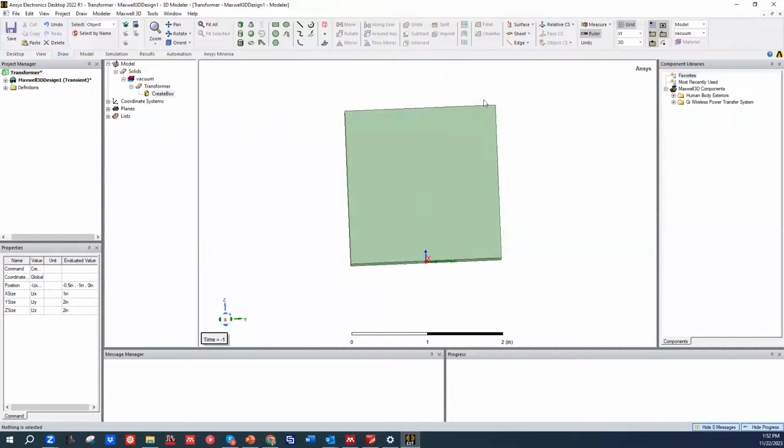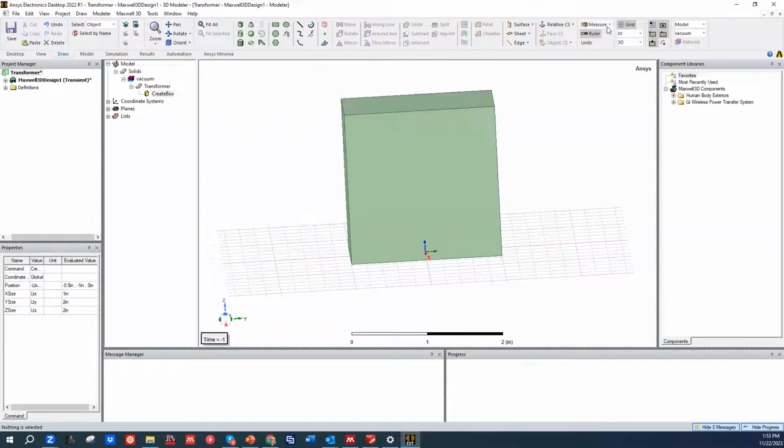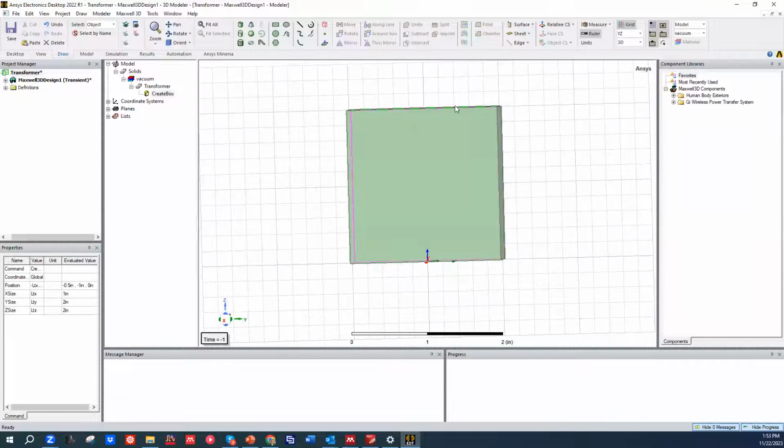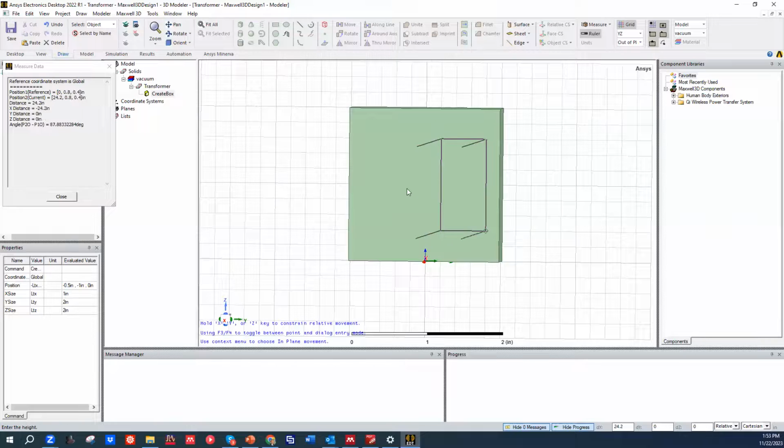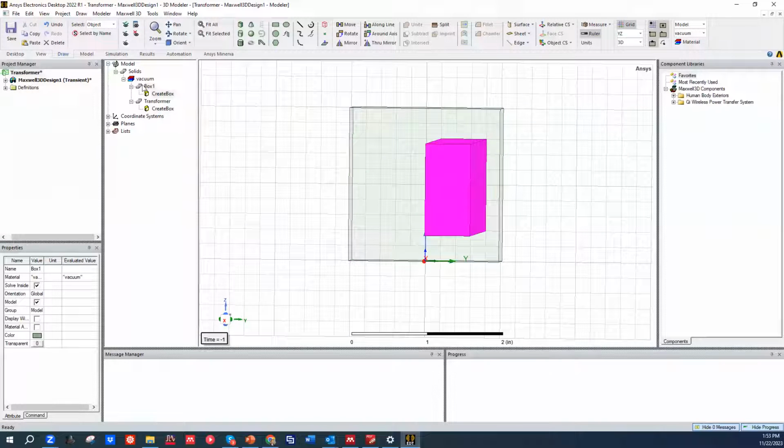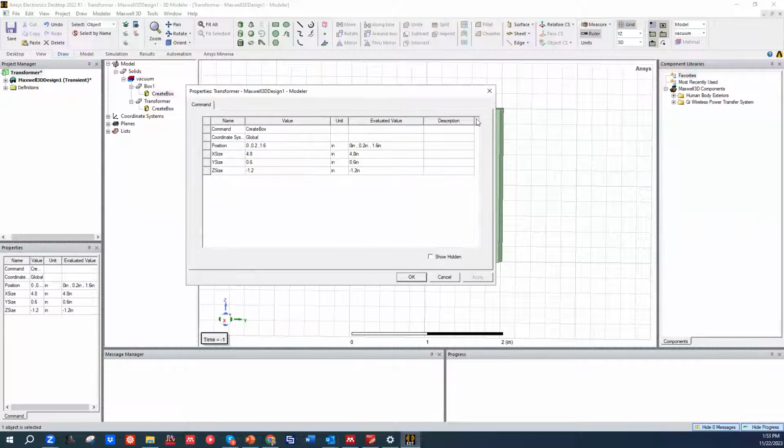So next I need to create the window, the 2 windows, and the limb, the central limb of the transformer. So I change the orientation of the grid to YZ. Next, I draw another box somewhere here, like this, and change the parameters of this box to maybe